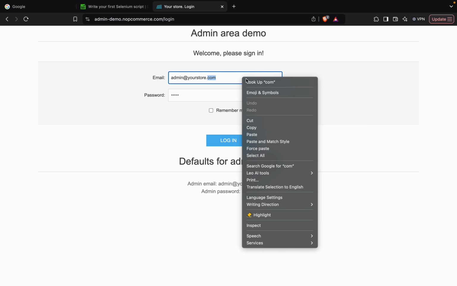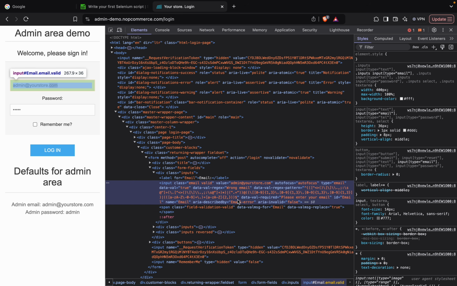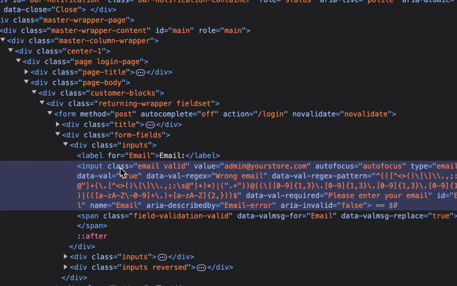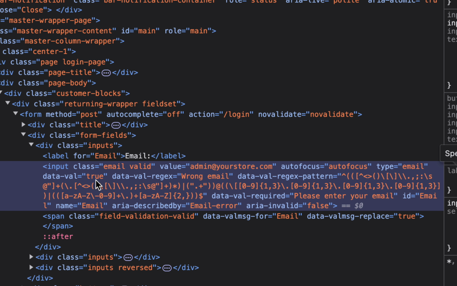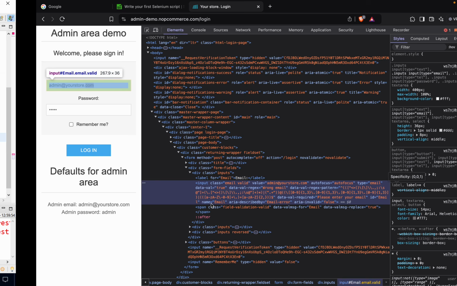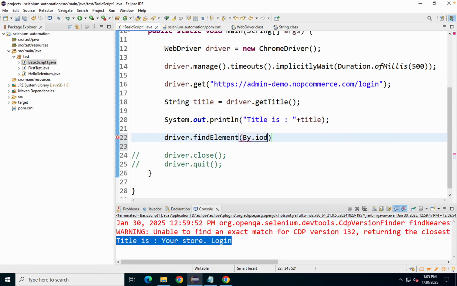Okay, so I will again do right click and say inspect. Now if you see here, this has class, value, type, and all these options are here. ID is also here. So you can see ID, email is here, name is here. So I can use the ID. So I will say by.id